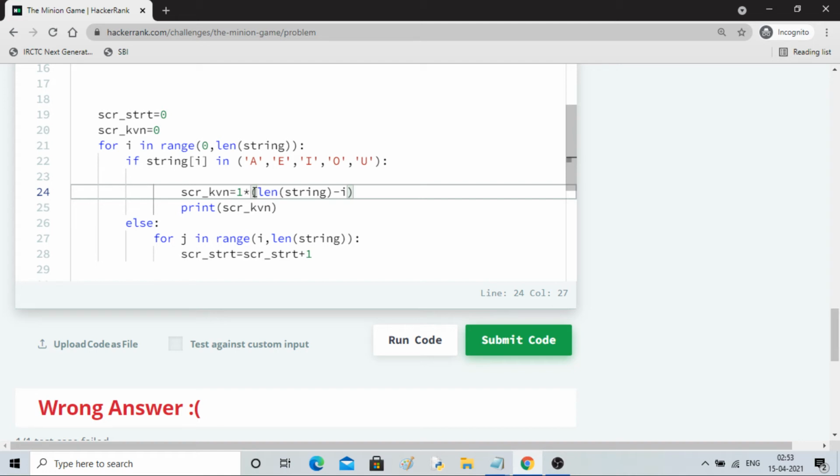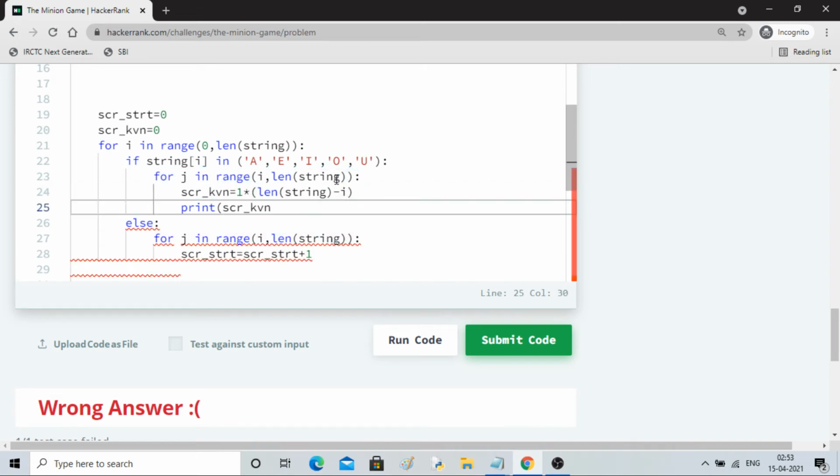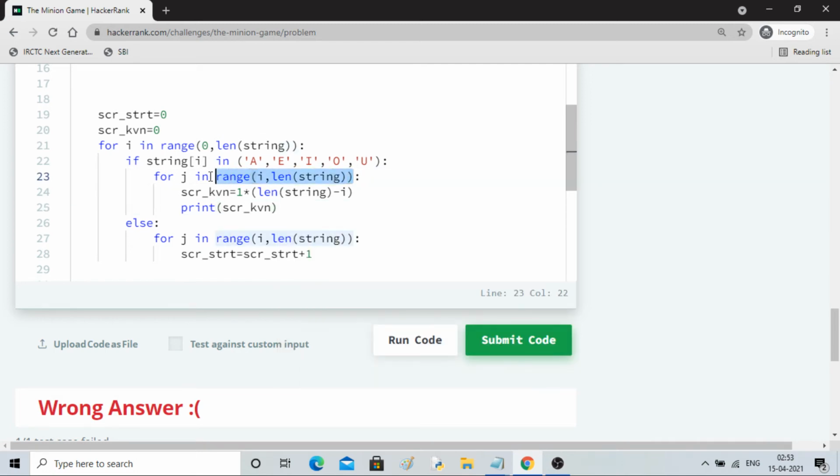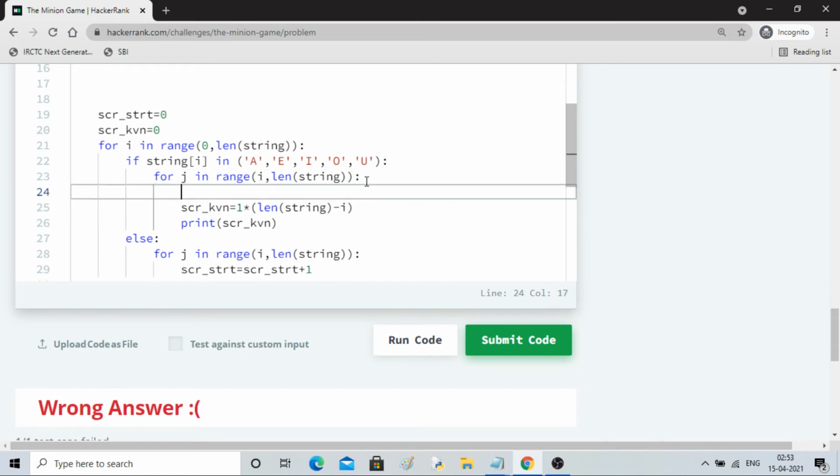Length of string is 6 and it is starting from... let me do it actually. Print screen. So how should I remove this for loop? Let me print this guy, I'll get a better feel.